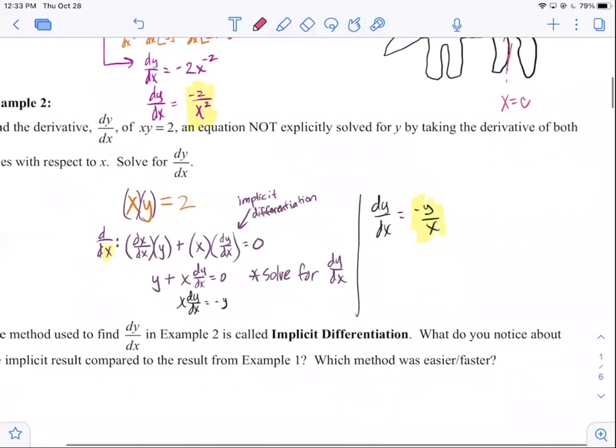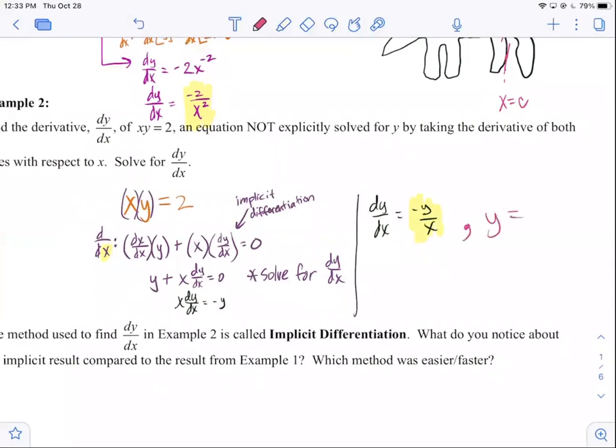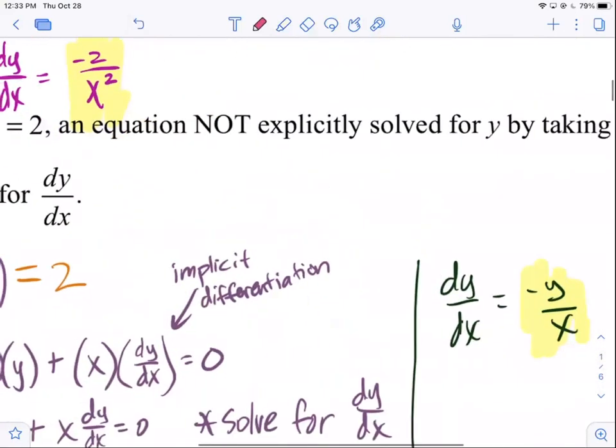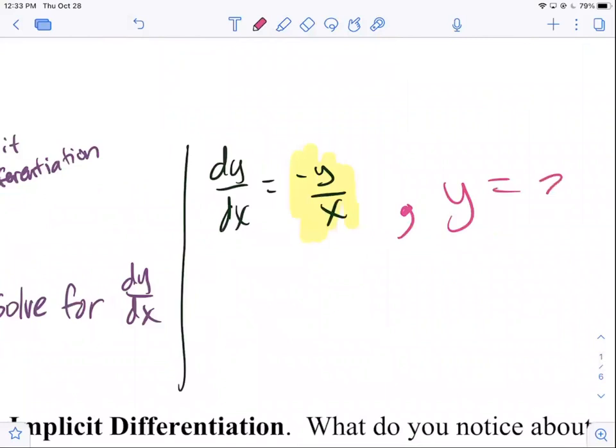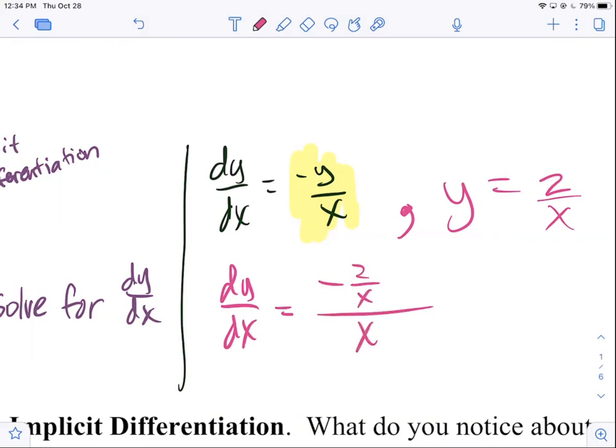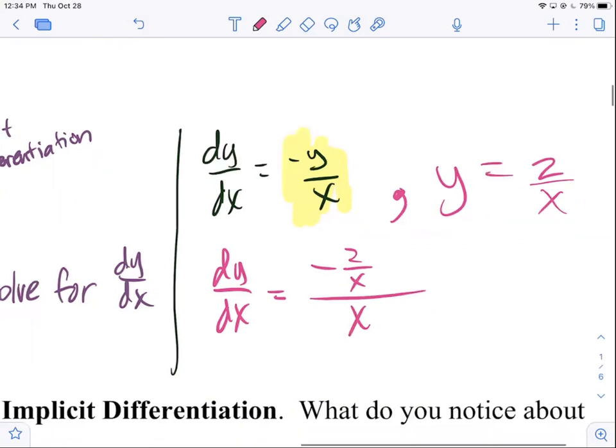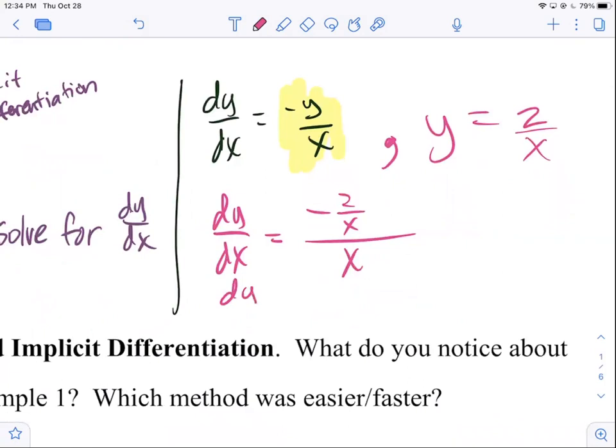Well, I already know what y is equal to. y is equal to what? 2 over x. Let us substitute that in, shall we? So we get the derivative of y with respect to x is now negative 2 over x all over x. Be careful where you put your main division bar. If I simplify that, I can do lick 'em over lick 'em, or I can do state change flip, either